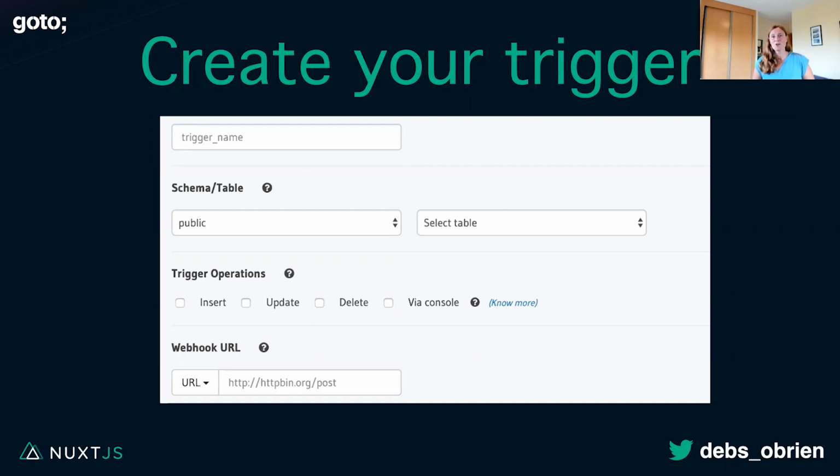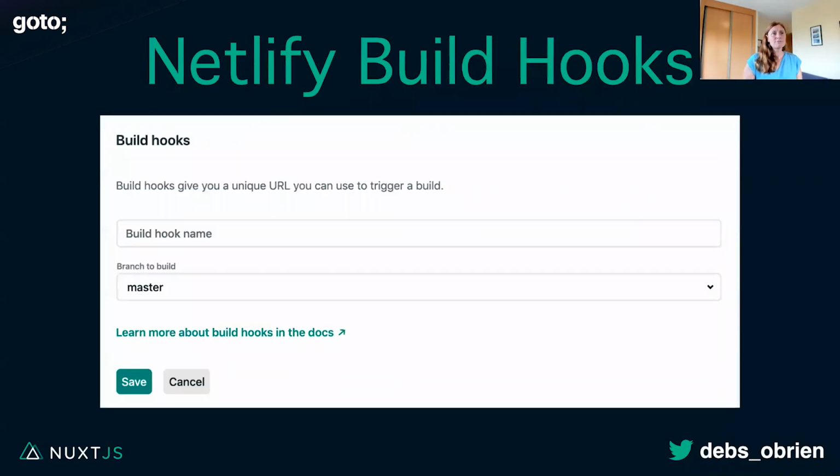Okay, so the webhook URL, again, I'm using Netlify as an example. This would be different if you were using Azure Static Web Apps or Vercel or GitHub Pages. But in Netlify, you just go to the build hook section and create a new build hook name. So I'm going to say deploy from Hasura, for example, or deploy conferences table or whatever. And then I just choose the branch. So I want to build to master, and I press